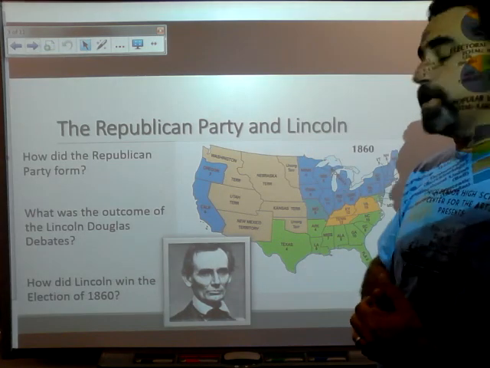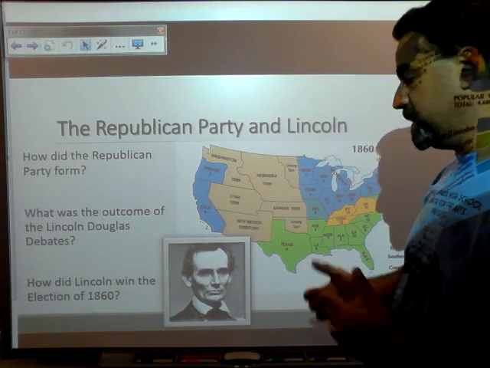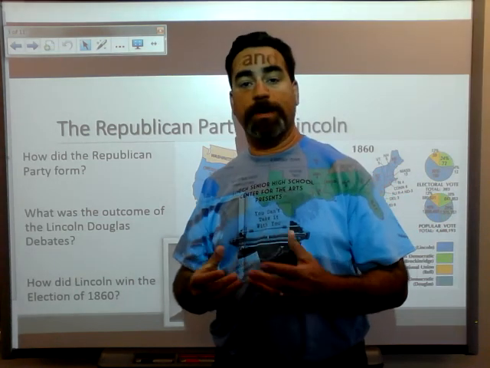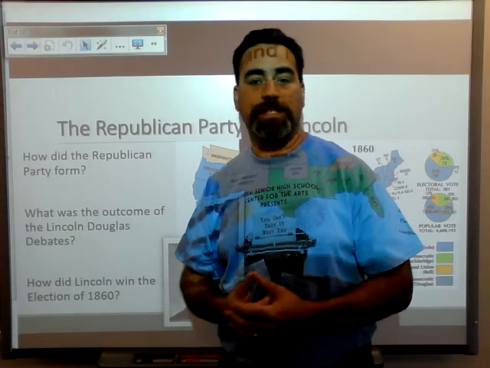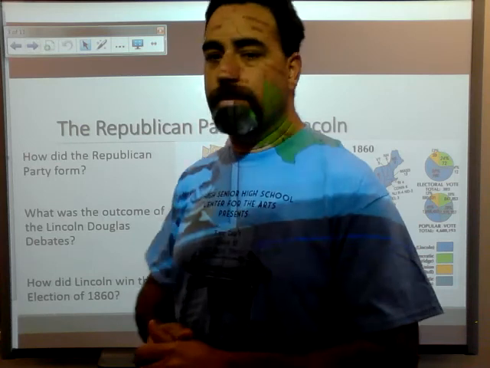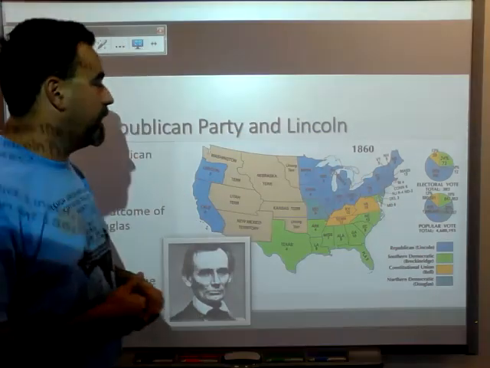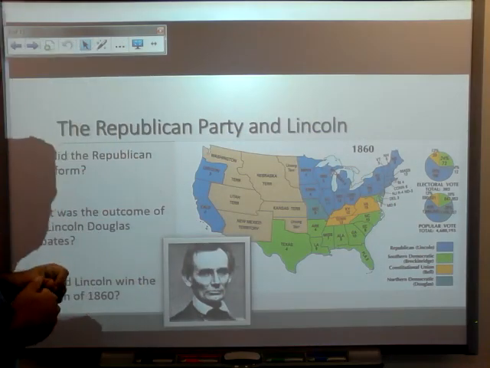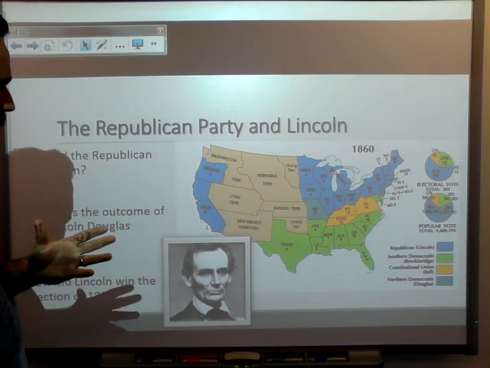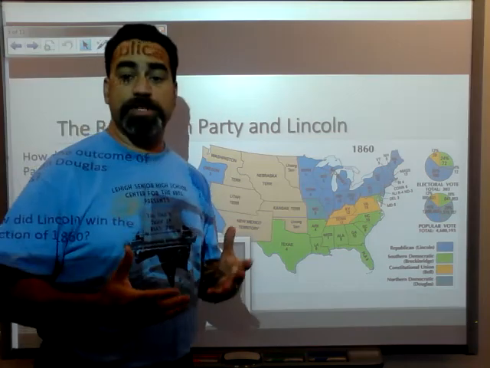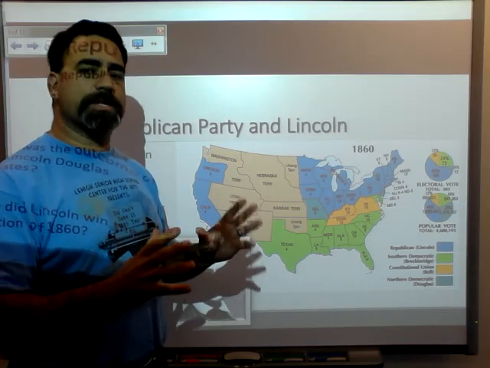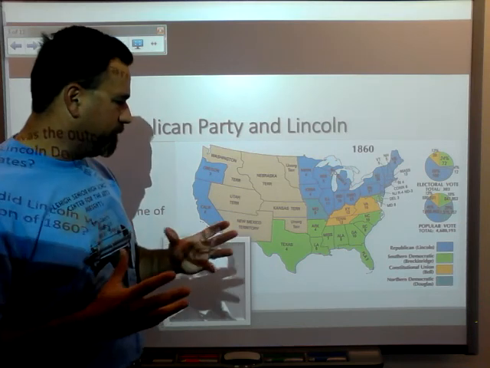And then the proof will be in the pudding in 1860 when Abraham Lincoln is nominated to run for President of the United States with his vice presidential nominee Hannibal Hamlin. And we got to kind of take a look now. How exactly does Abraham Lincoln pull this off? Remember, the Republicans at this point are kind of a third party almost.